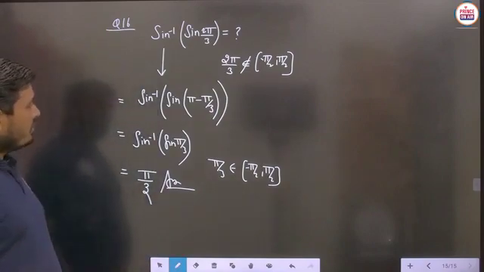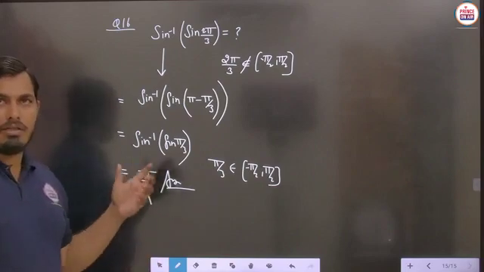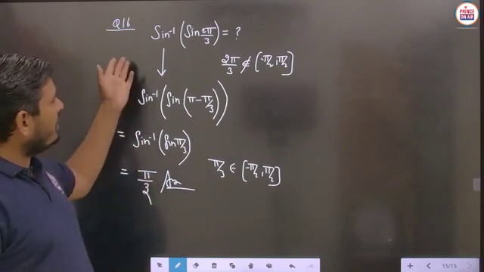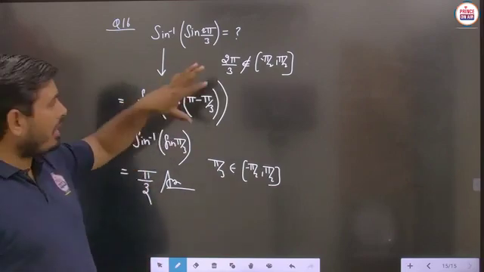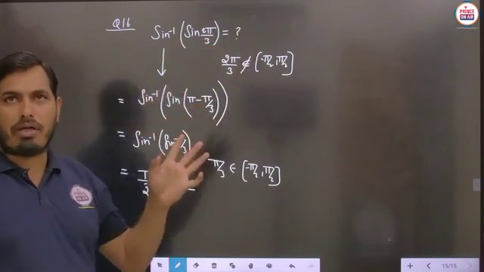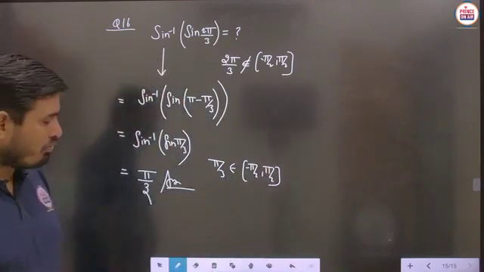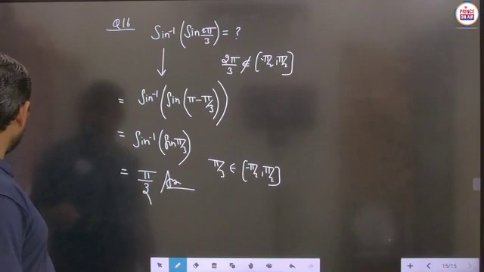Such types of questions we have to keep in mind, because in examinations these questions are generally asked, and definitely some of the students make the logic that this part will cancel out this and the answer will be 2 pi by 3, but that is not a suitable answer. We have to think about the particular logic. After that we have to do the calculation. Next, question 17 we have to take here.